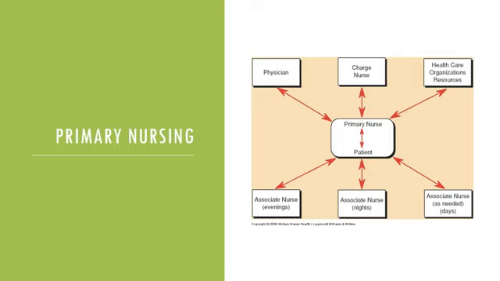What this model does is it has registered nurses assume 24-hour responsibility for planning and coordinating the care of the patient. Patients come in and they're assigned specifically. If you've got 10 nurses assigned on a unit, then those patients are assigned to one of those 10 nurses. And that nurse is responsible for coordinating care, doing their care plan, creating a plan of care, looking at discharge planning for their entire stay.